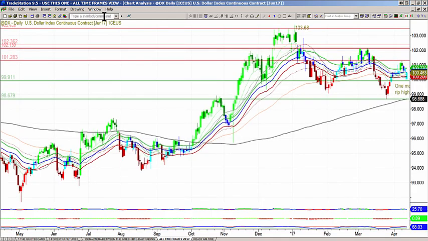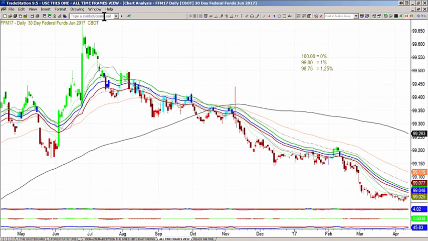Maybe go test 101. I want that out of the way with confirmation with a break of 99 on the June Fed Fund futures contract. And then after that, I'm going to feel pretty confident with dollar weakness moving forward, especially after the June French election. And again, it's still something I think the newspapers are probably